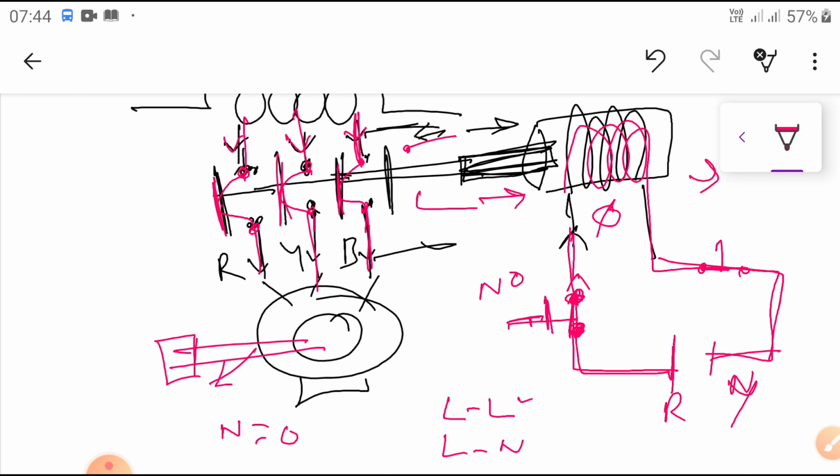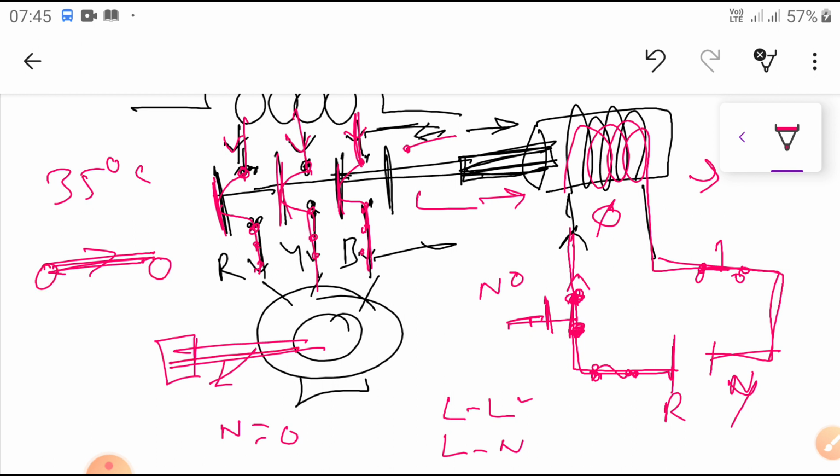I take another arrangement also. Suppose I want to stop it, then I can open the break here. Here I can use one bimetallic strip inside also. So what is the bimetallic strip? Under normal condition, the current is passing through the bimetallic strip. The temperature, for example 35 degrees centigrade, is reached, and the two contacts are in closed condition.